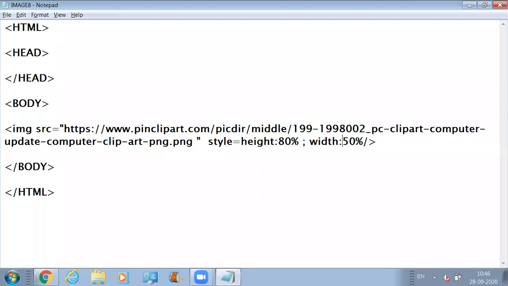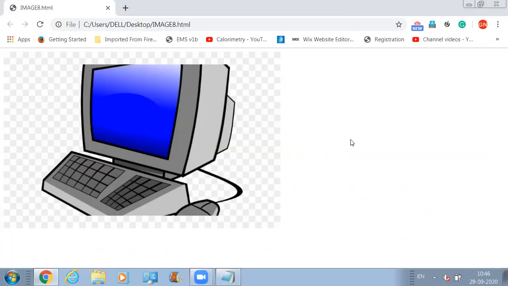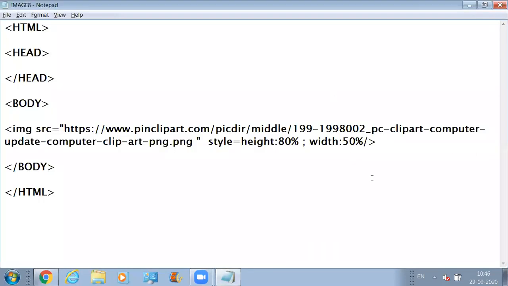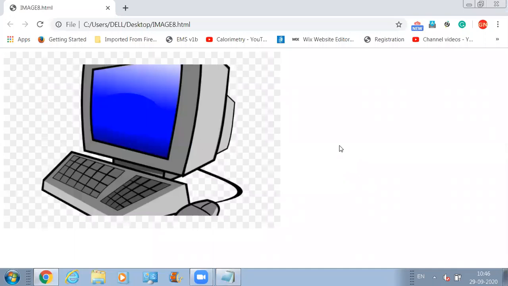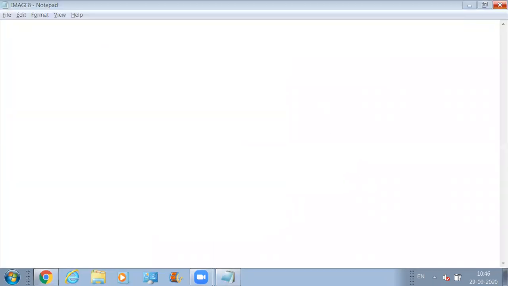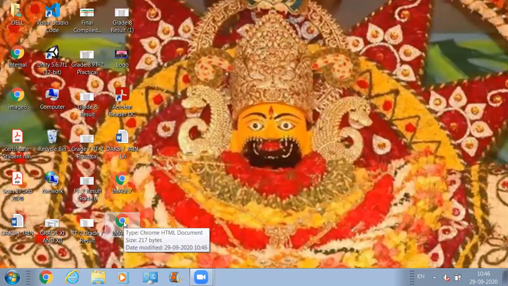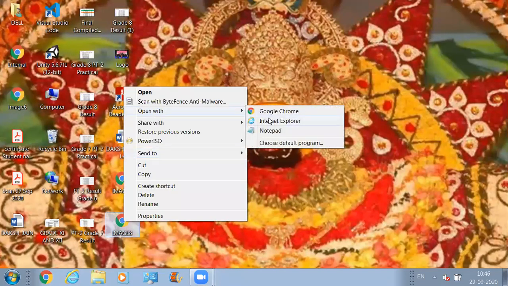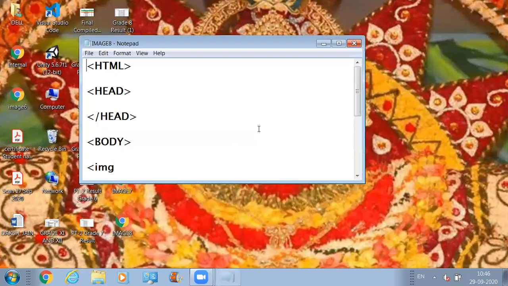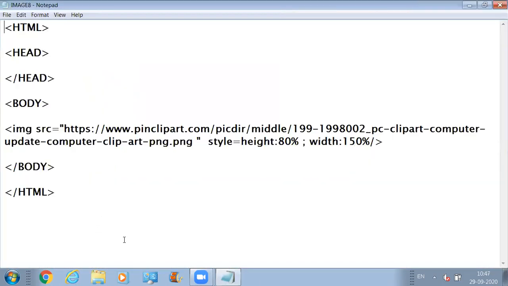It should be colon. 150%. Again we are not able to see the changes. I need to close this and open it again in the notepad file. My browser is not updated, so that is the reason I'm facing this issue.